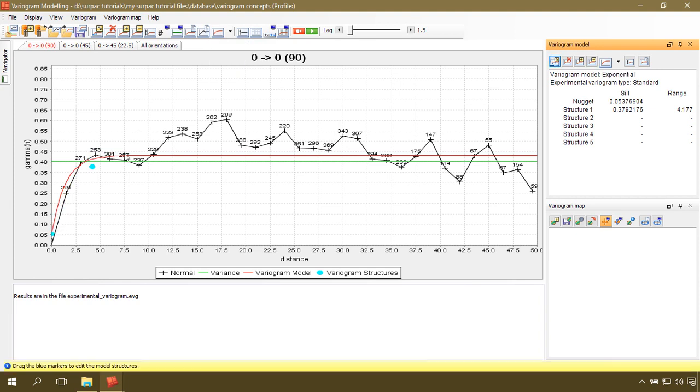Okay, you see the shape has changed. The exponential is similar to the spherical, but it rises more steeply and reaches the sill asymptotically. You see that it doesn't get to the actual sill value, it continues to rise exponentially. And the very moment you change the variogram model, it is indicated here. Okay, the same icons are indicated here: the variogram model, delete variogram, add structure, delete structure, and the variogram model